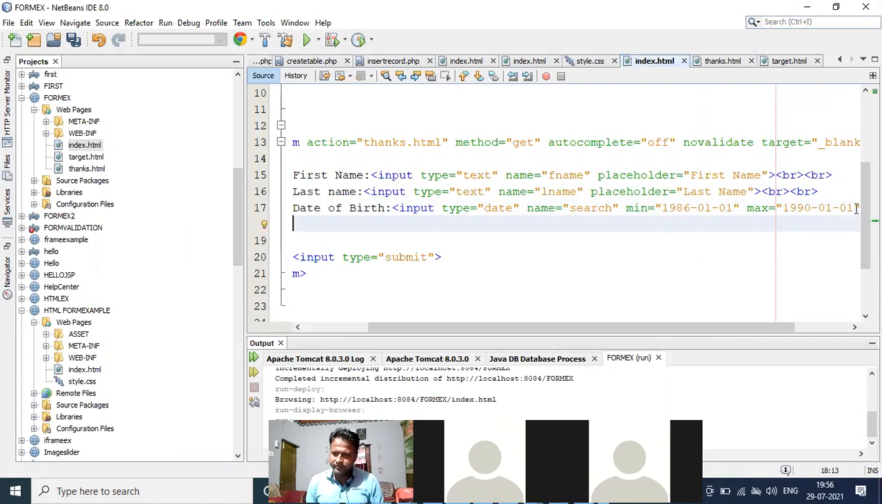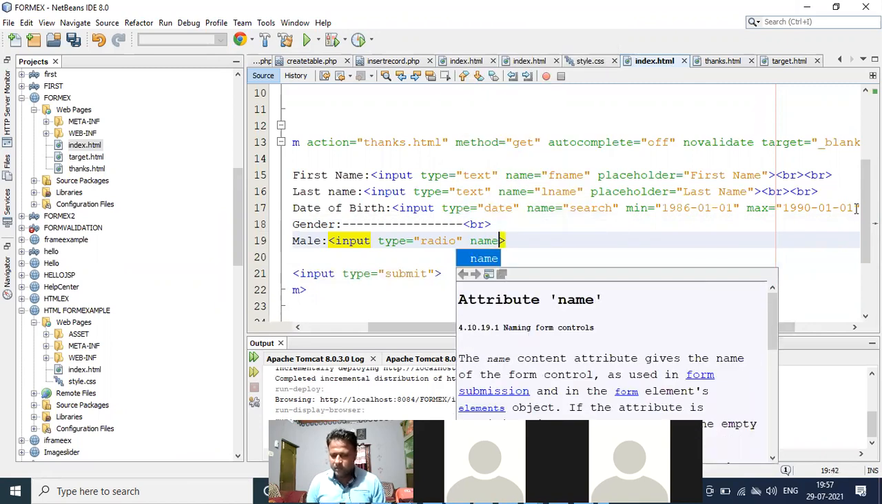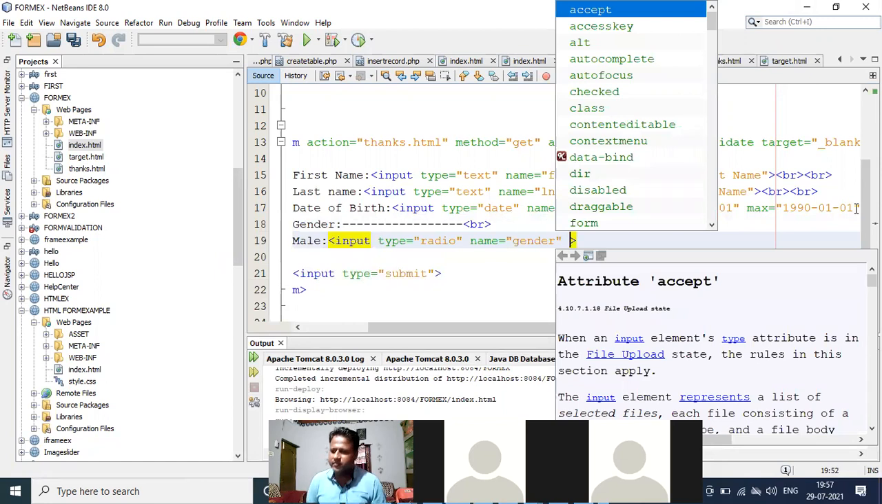So again I pass here gender. Okay, so in the gender I pass a line break. I pass here male. Input type is equals to radio. Name is equals to gender. Input type equals to radio. Name is equals to gender. Then